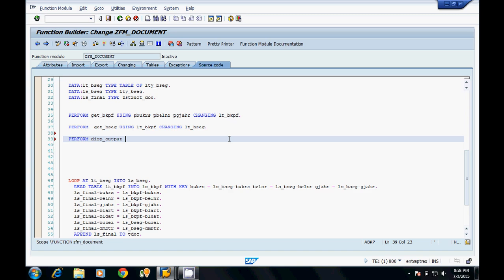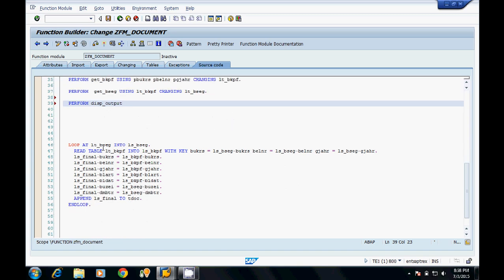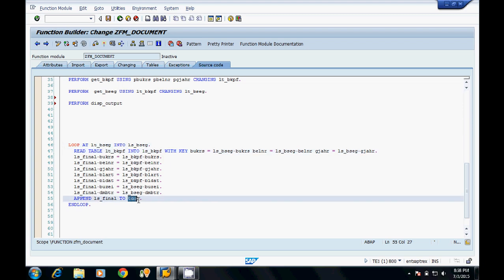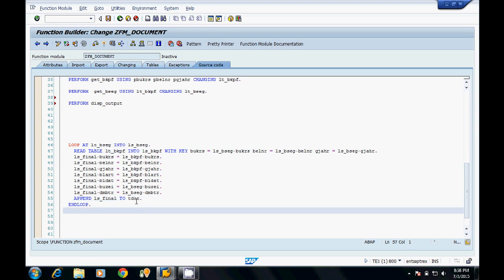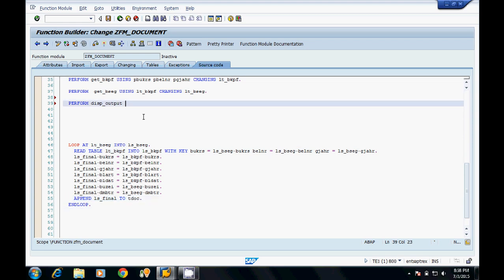Now for this perform, our using parameters are two, LT_BSEC and LT_BKPF. Our final output parameter, or final changing parameter, is TOUT. So in this case we have a total of two using parameters.